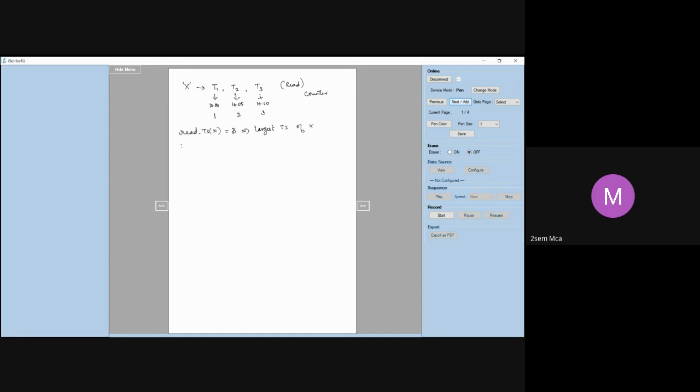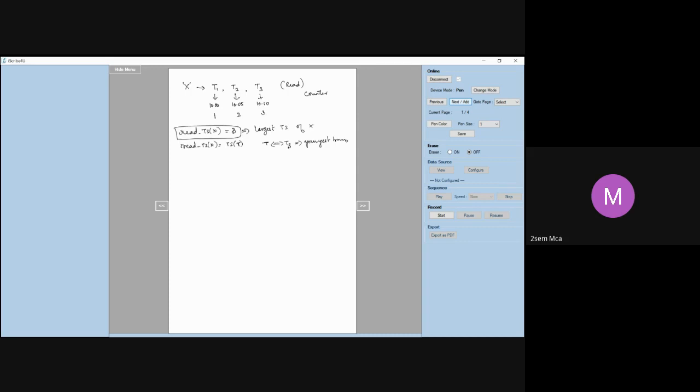And I also said this read TS of X is also equal to TS of T. What is T here? Yes, ma'am. T in our case is nothing but T3. This is the youngest transaction. Youngest means the most recent transaction. What is the value of read TS of X now? It is 3, the timestamp value it holds.